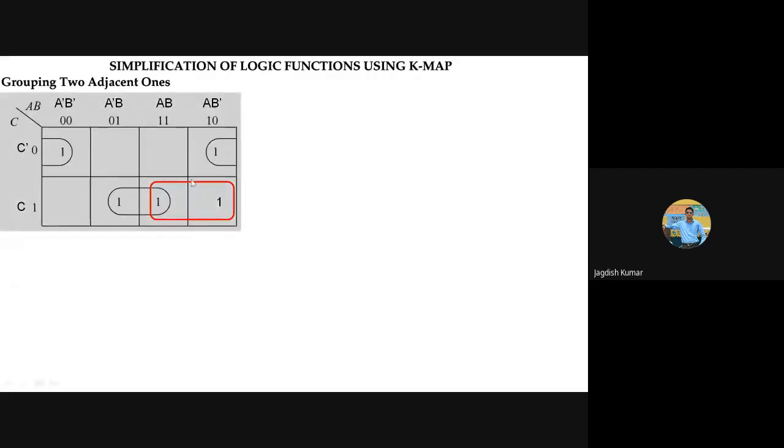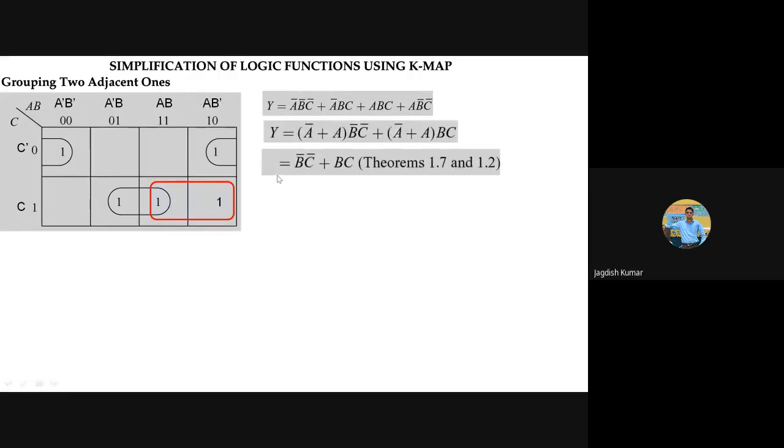So what is the second way of making a pair? This one. So what will be the additional term in that case? You tell me, what term will this give? AC. Pranjal says it will be AC. What about others? Because B changes here, B to B complement, so B will disappear. What will this give us? AC. So what will the Y be in that case? Y will be equal to B bar C bar or BC or AC.